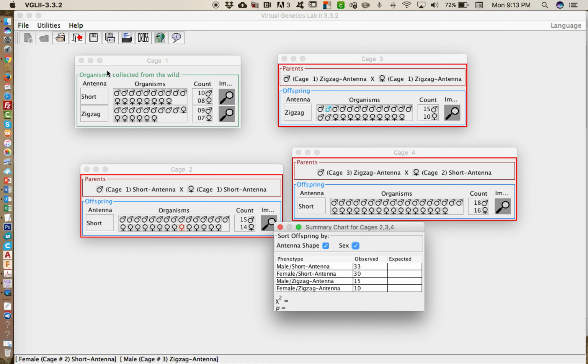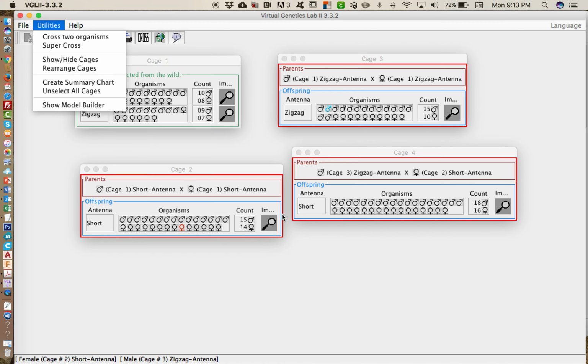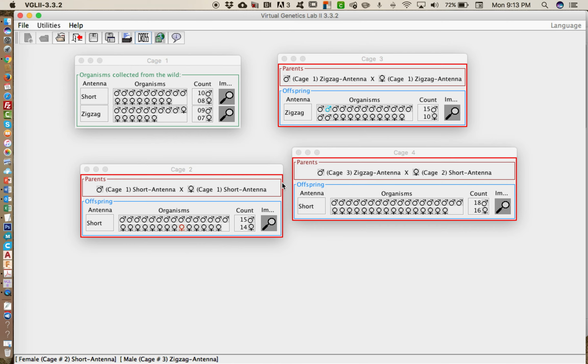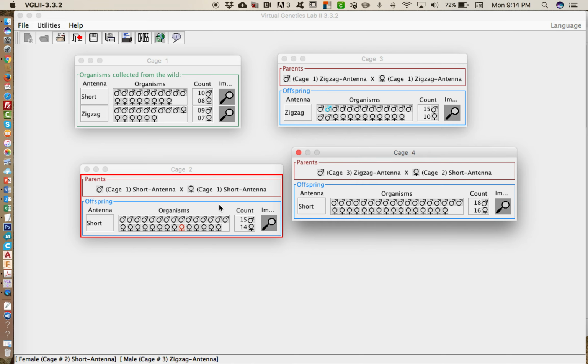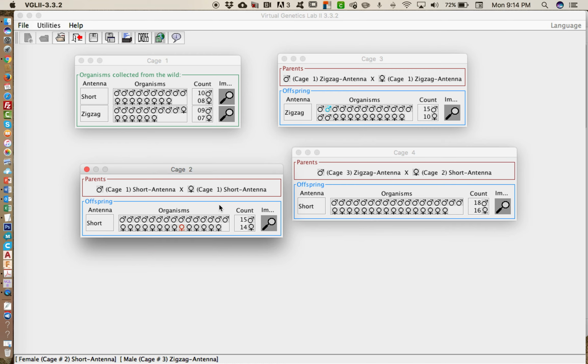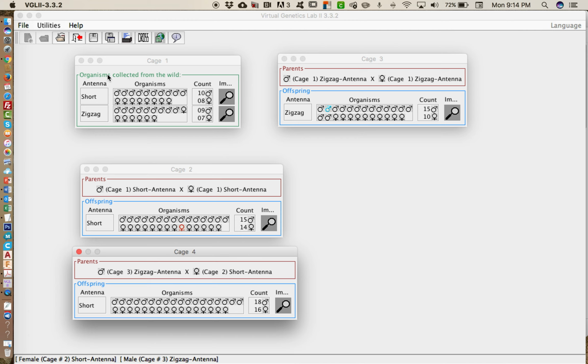So again, that was the summary chart, which was under the utilities, right? And it was create summary chart. So I'm going to close that right now. If you want to unselect any one of these cages, just double click inside where the offspring are, and it'll take that red line away. Another nice thing is that it will help you to sort of keep track of what's going on. There's something here